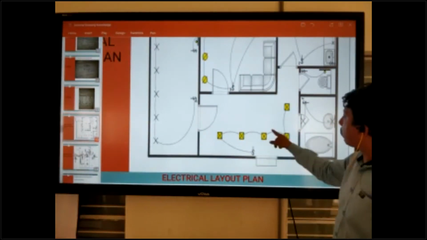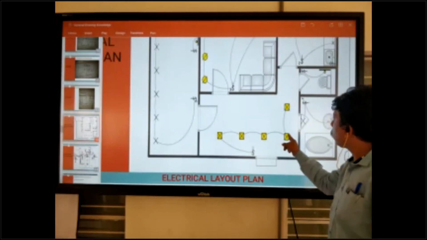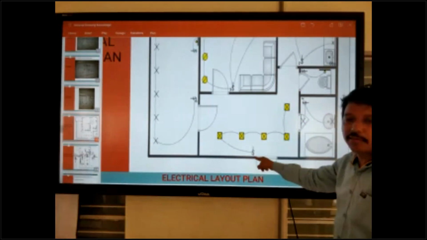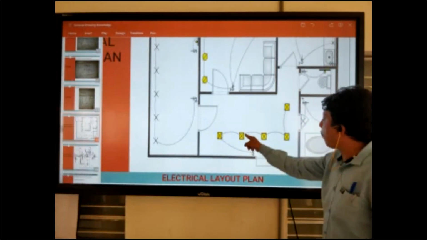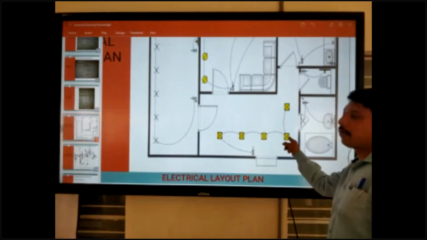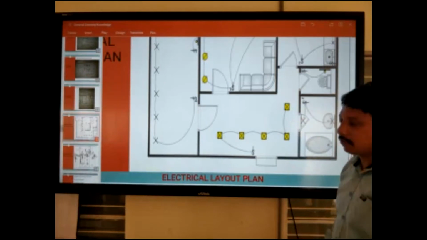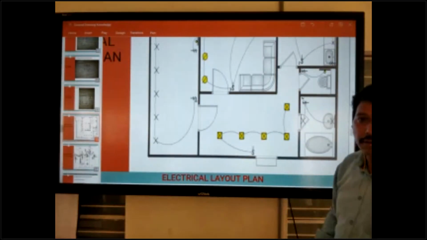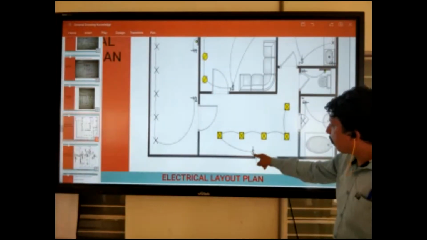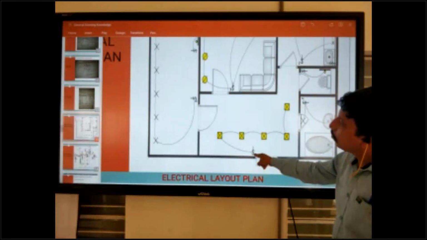So these 1, 2, 3, 4, 5 lights are on one switch. This light goes here in a loop, after here to another light and another light. So all are a looping system, controlled by only one switch.